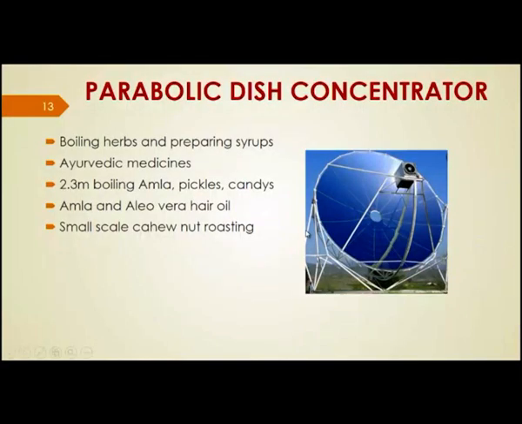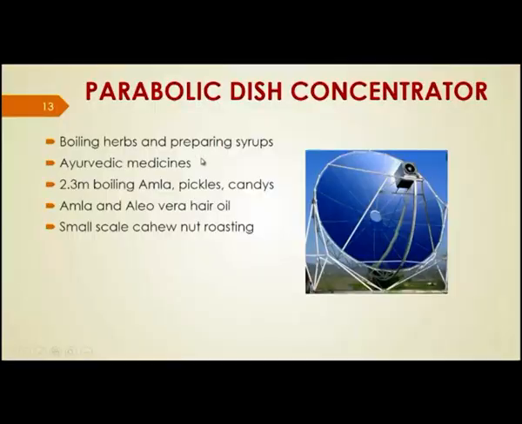Next one is the parabolic dish concentrator. Here it is used for boiling herbs and preparing syrups. Mostly it is used for producing Ayurvedic medicines. This type of concentrator can be used to produce amla, pickles and candies, and its size is about 2.3 meters. We can also produce amla and aloe vera hair oil, or we can use it for small scale